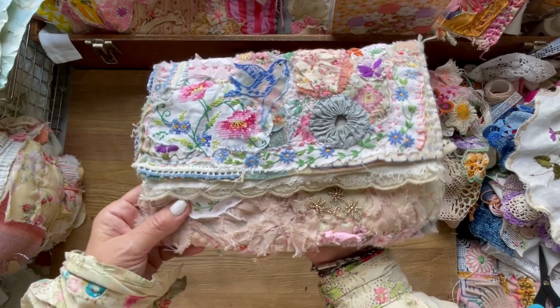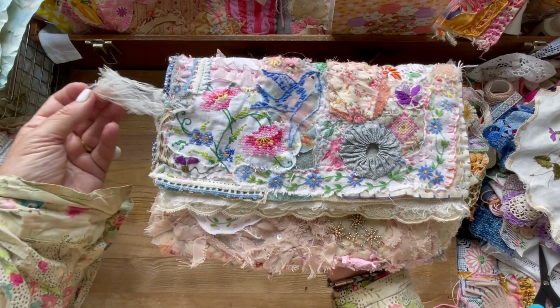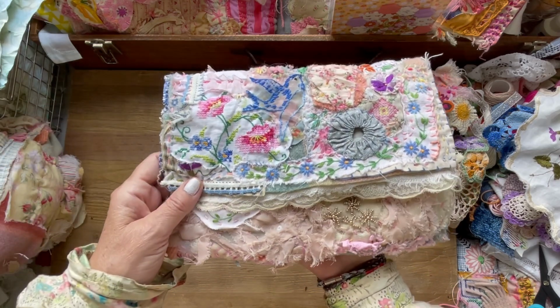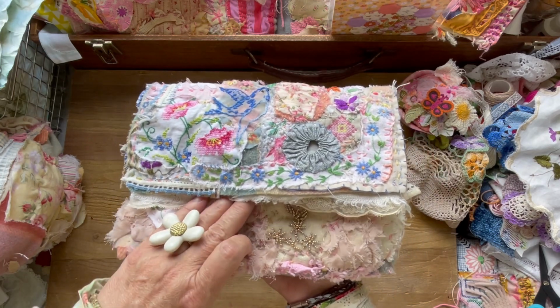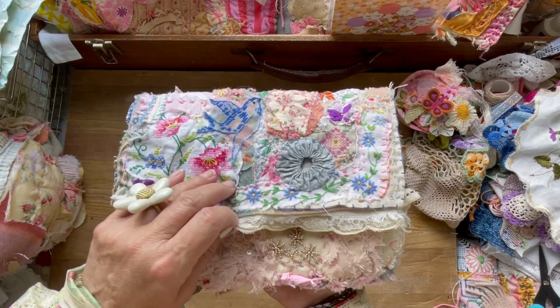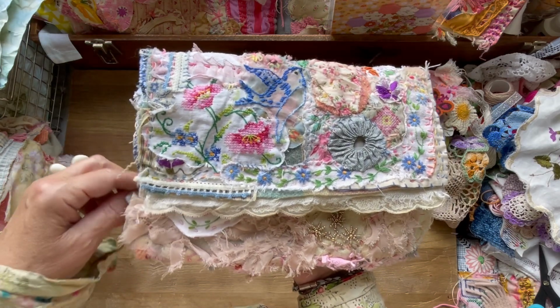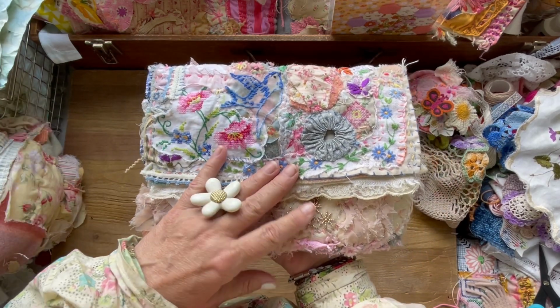Okay, so we are nearly at the end of February, which means it's time to update you on where February Favourite Pouch is up to. If you're new, this is a collaborative project where we're making a pouch a month based on the lyrics of a song whose title matches the month. So we've had January Joy, and this is February Favourites. The next time you see this, she'll be completely finished,